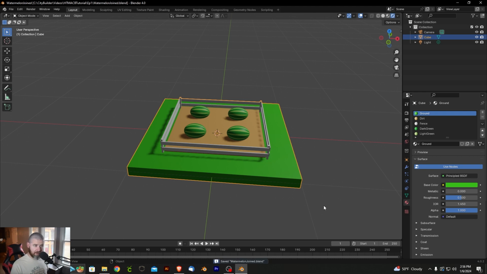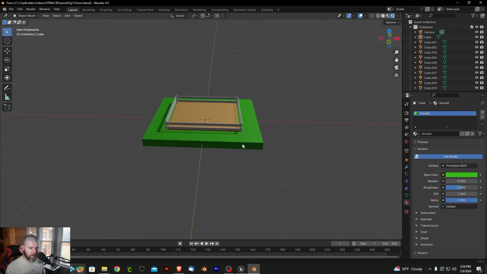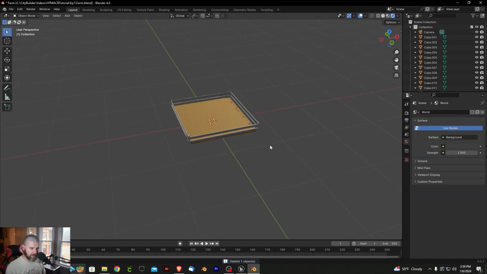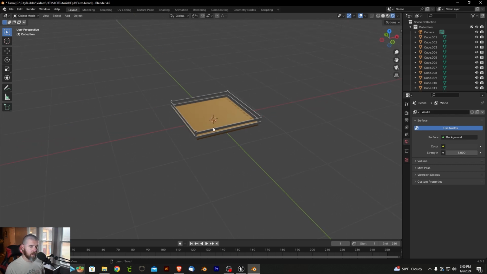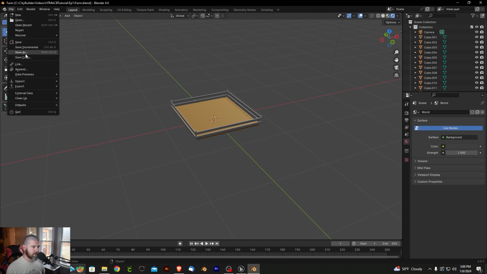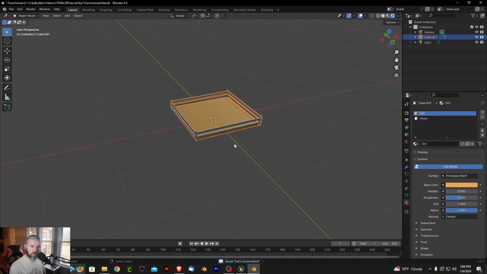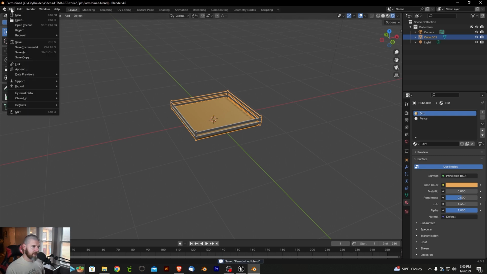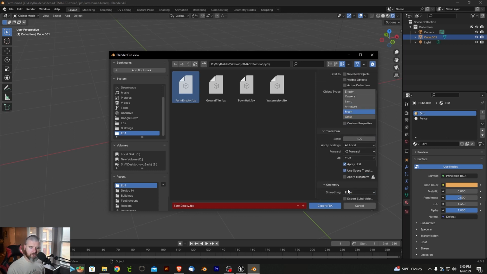So now that we've got those files exported, what we're going to do is hop over to Unreal Engine and go ahead and implement that into our game. Didn't really think about this beforehand, but what we actually want is to get rid of the ground tile once we've made our farm itself. We only want the farm. So we're going to just delete that. We'll save it, and we'll have to go through these steps again. So we'll save as farm joined, select everything, select the ground, Control J to join, save it, export it as an FBX. I'm going to do it as farm empty again, mesh only, edge, export,